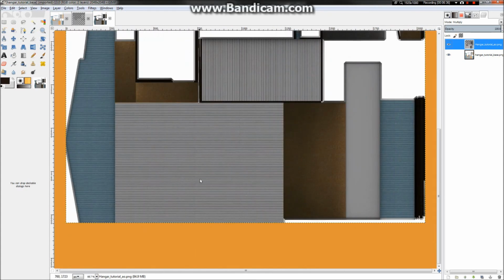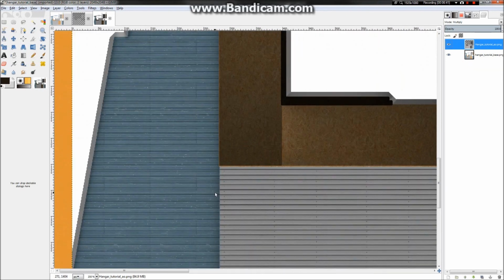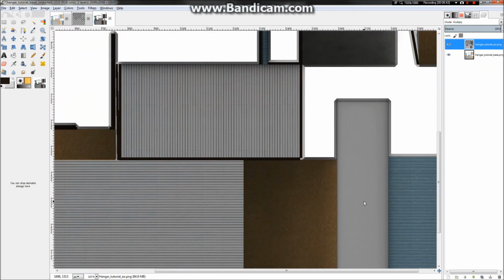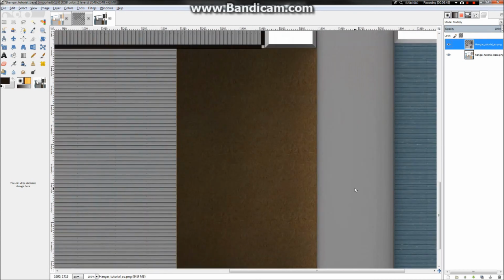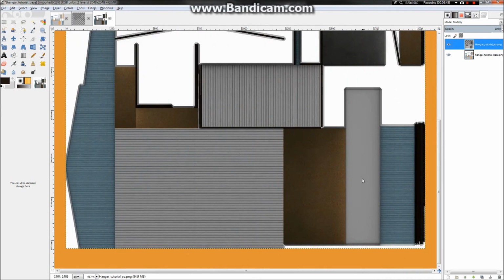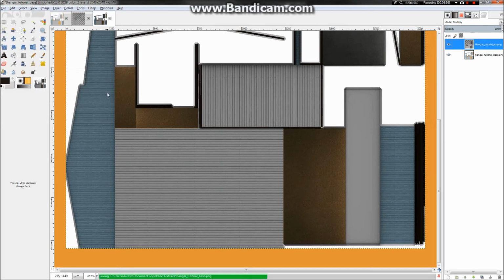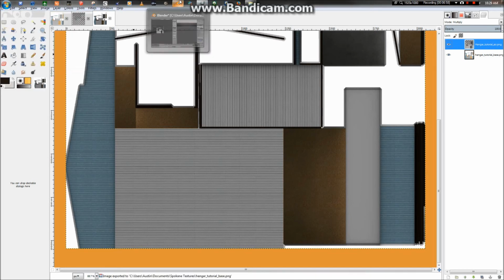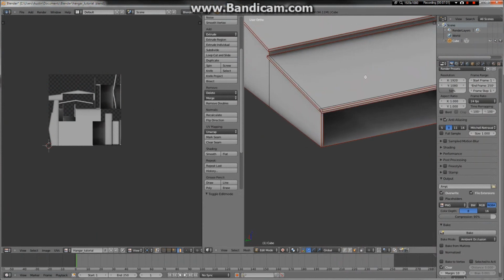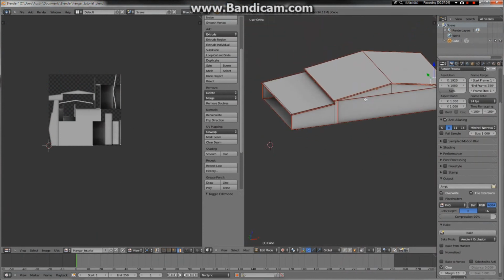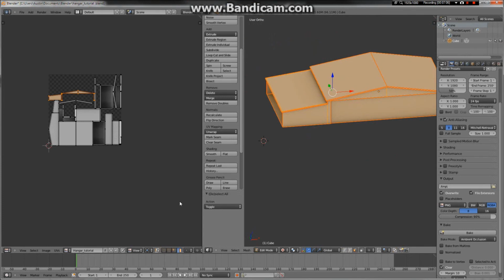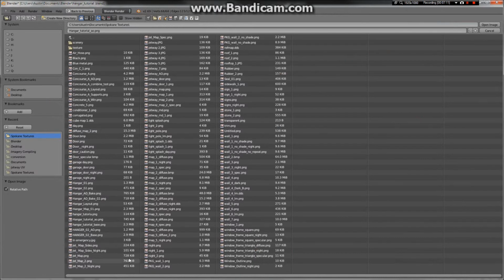I could add a little center line on the roof too, over here, so it makes these split a little bit more. But it's just a tutorial, so we won't worry about it. Okay, and again, that door is pretty flat looking, so I would normally add some detail to that, but I'll just leave it as is for now. I'm going to overwrite our image with this new one, and I'm going to come into Blender here, and there's not much to this. I'm just going to select all the faces, and say image, open image in the UV editor here,